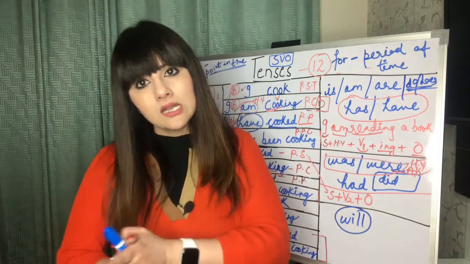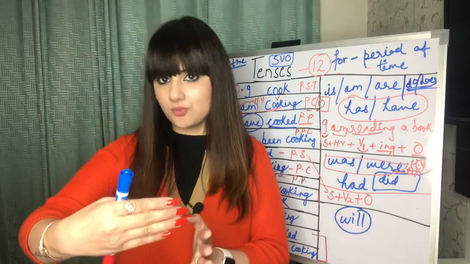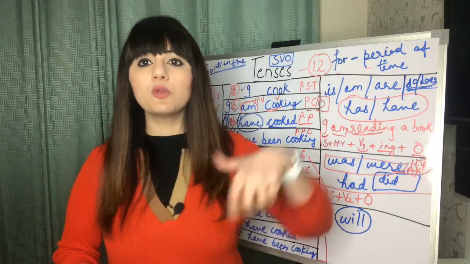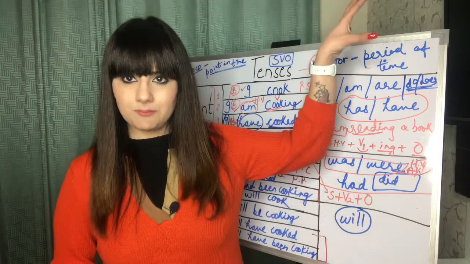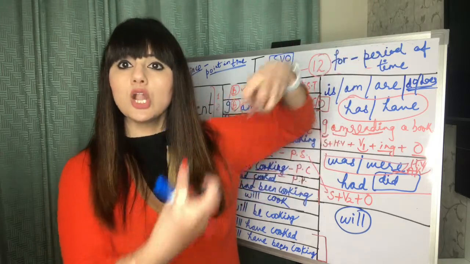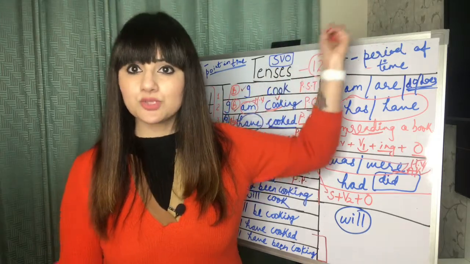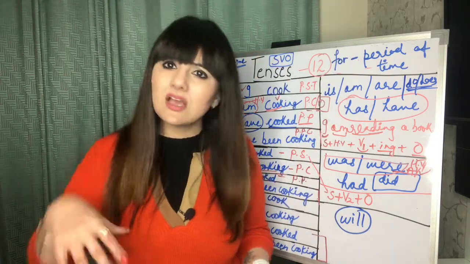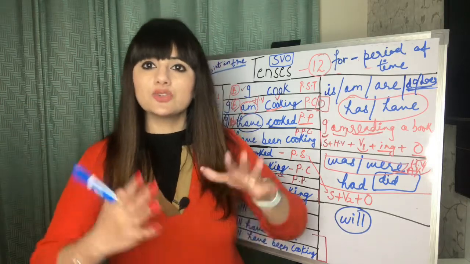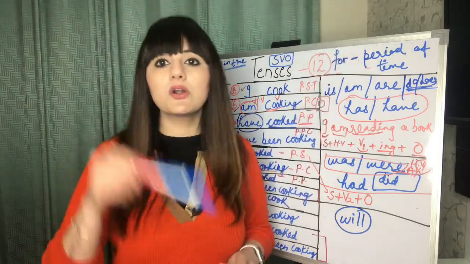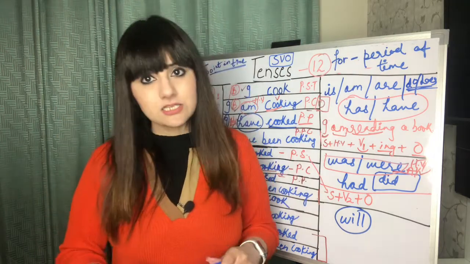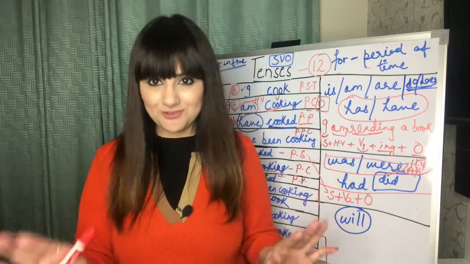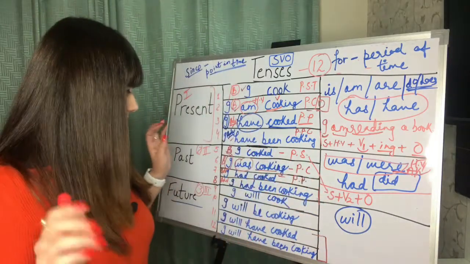Now if I'm talking about the same situation, but it happened at night and you are talking about the morning time, that's going to be a long distant past. So here I'll say, I had breakfast. Of course, you could create any kind of situation. So for the distant past, you have to use your past perfect tense, but for the nearer past, you have to use your present perfect tense. Don't get confused here.